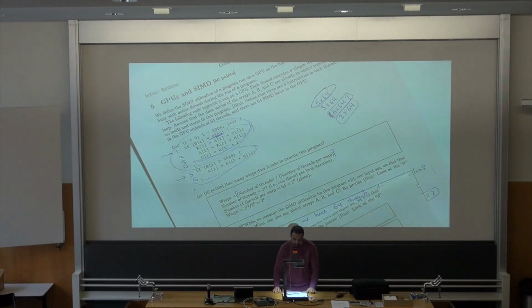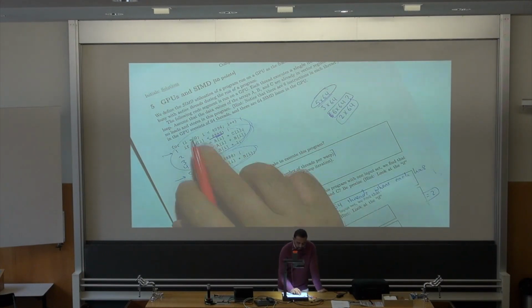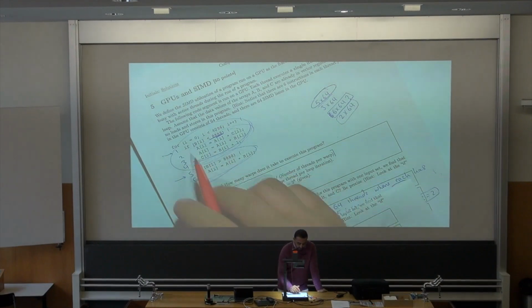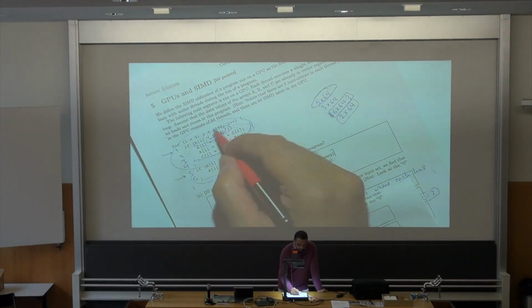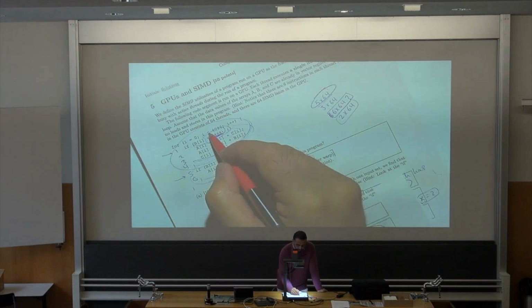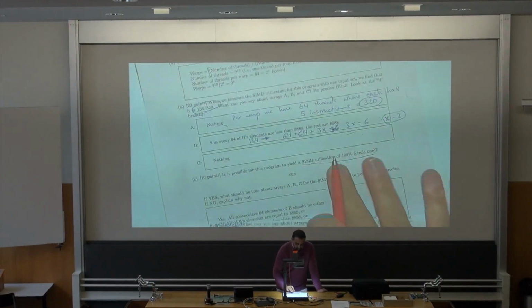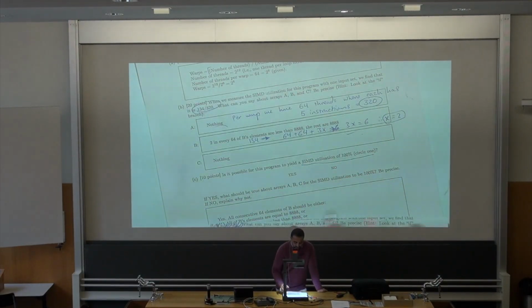So you have only two times per 64 elements of B that are equivalent or less than this, and the rest are equivalent to this value. All right. So this type of calculation we did here should apply to